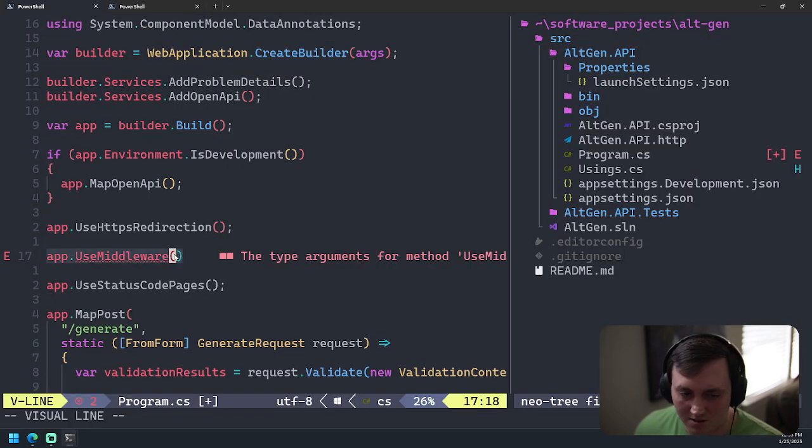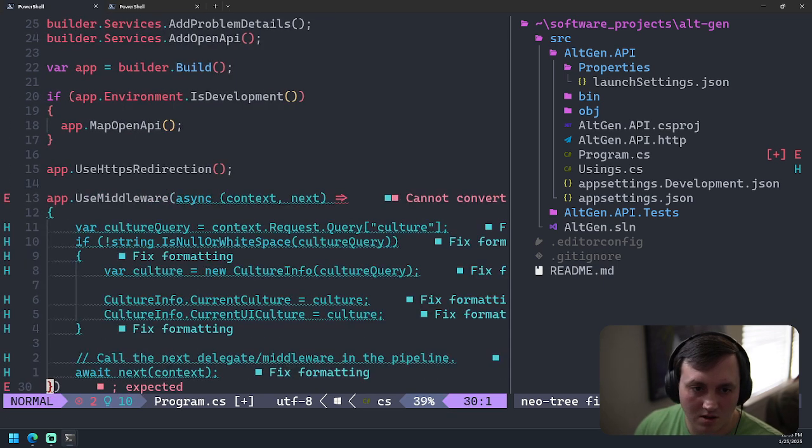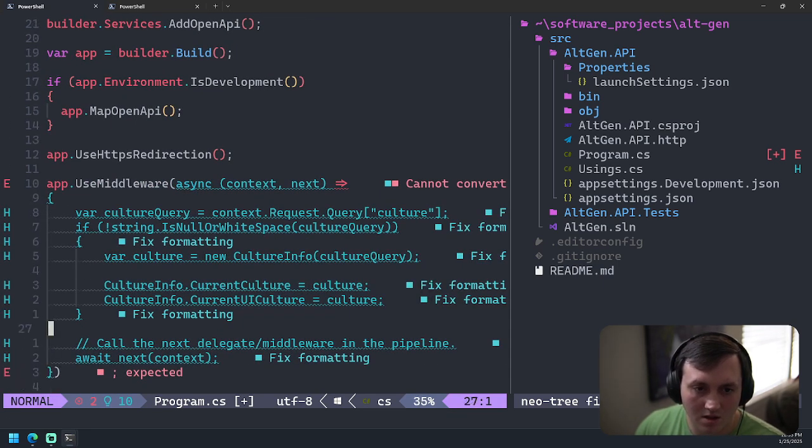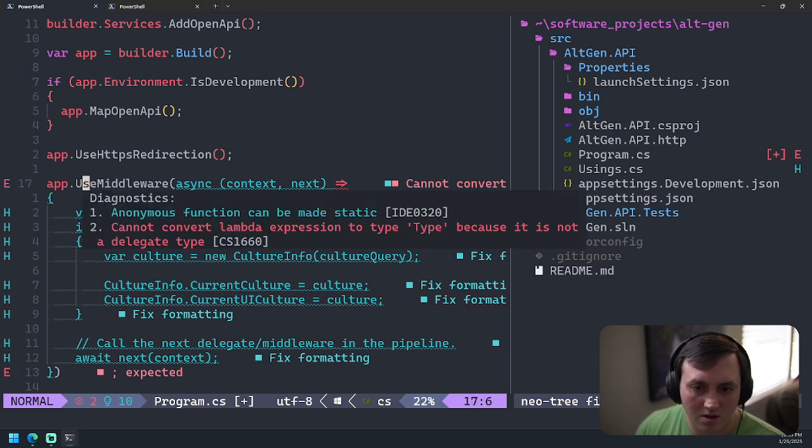We'll say, cannot convert lambda to type because it is not a delegate type.